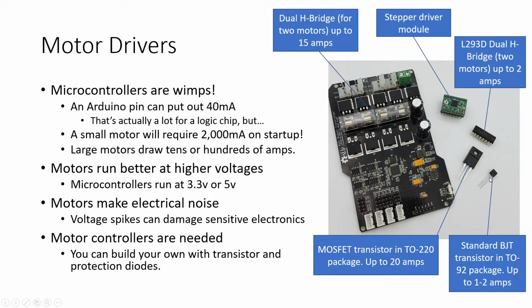Finally, if you don't have access to any of these pre-made devices, you can just grab a couple of transistors off the shelf, and for a small motor, you can use them to get a small DC motor up and running. One transistor will get you on-off control because that transistor will amplify the power coming out of your Arduino. And for more complex circuits or something where you've got a little bit more power needing to be handled, you can switch over to using a MOSFET,